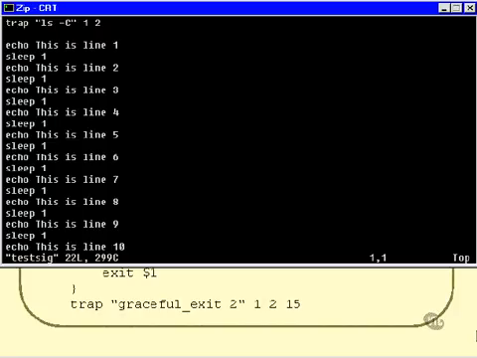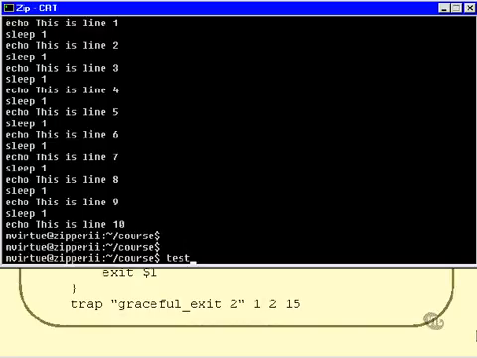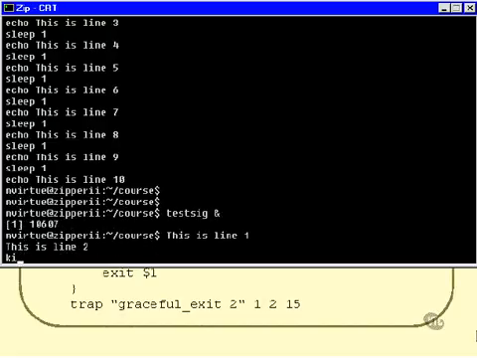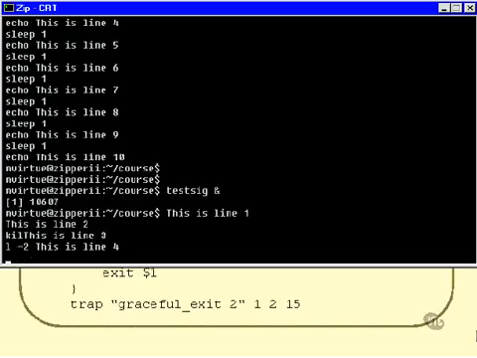So let's test it and see if it works. I'll quit out. Now what I'm going to do is I'm going to run testsig asynchronously on the command line, so I've got a chance to type in a kill, and I'll have a grand total of 10 seconds to find the process ID, type it in, and see if it works. So let's do that now. Okay, the process ID is 10607,